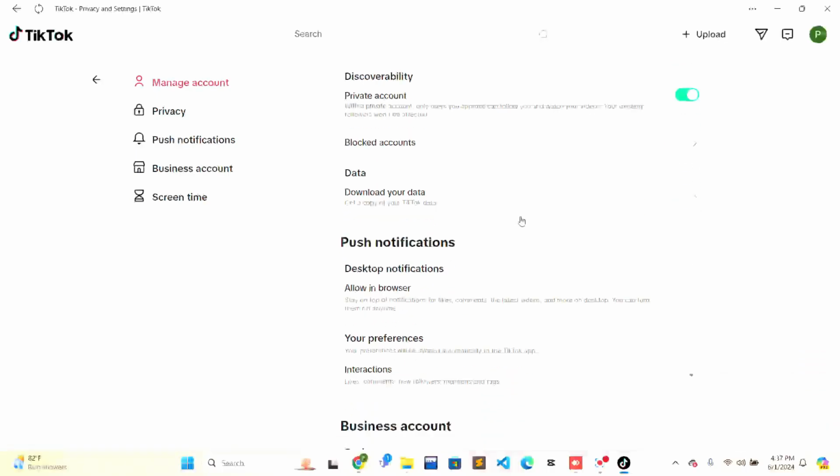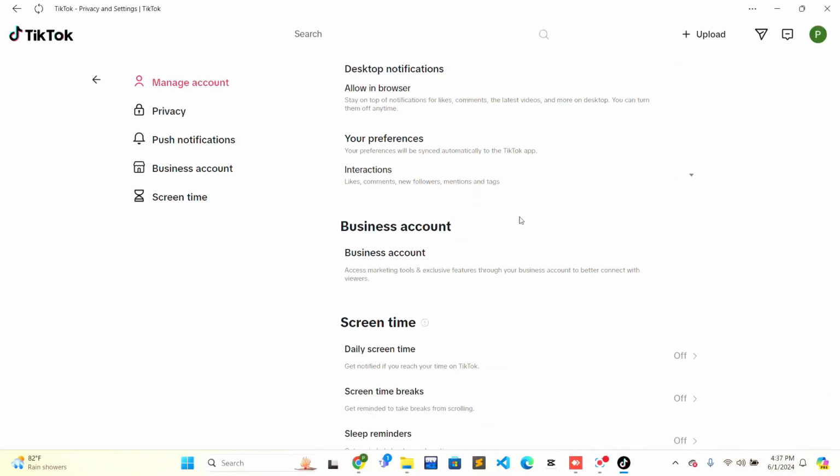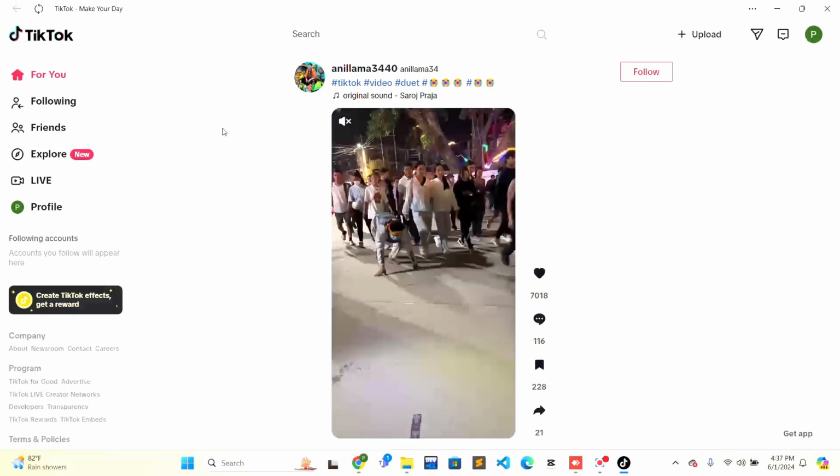have to scroll down a little bit, and when you scroll down a little bit you will be able to see business account. So firstly, in order to verify, you just need to enable your business account, and when you have enabled your business account you just have to go back to the main screen and just look at the